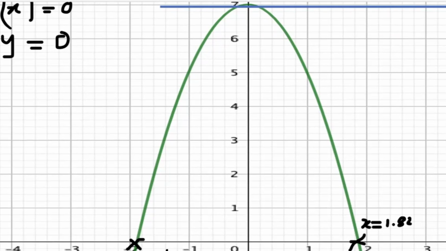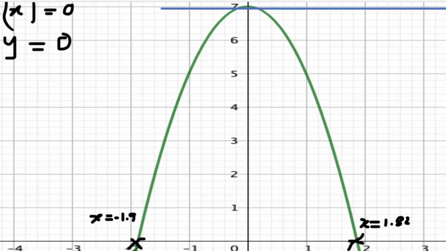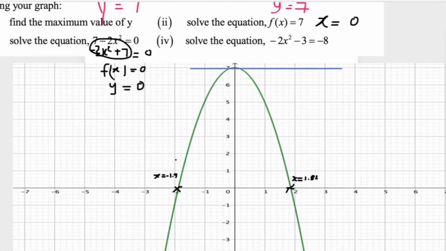Now over this side, once again, this is negative 1.1, negative 1.2, negative 1.4, negative 1.6, negative 1.8. This looks like negative 1.9. So I'm going to say x equal negative 1.9. So for this activity, y equals 0, we read off where the curve cuts the x-axis and it gives you